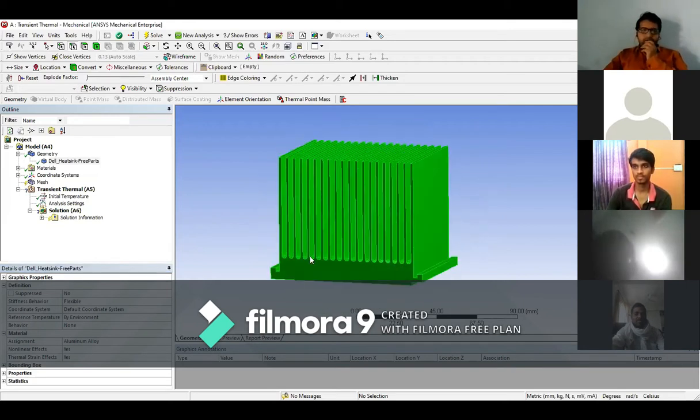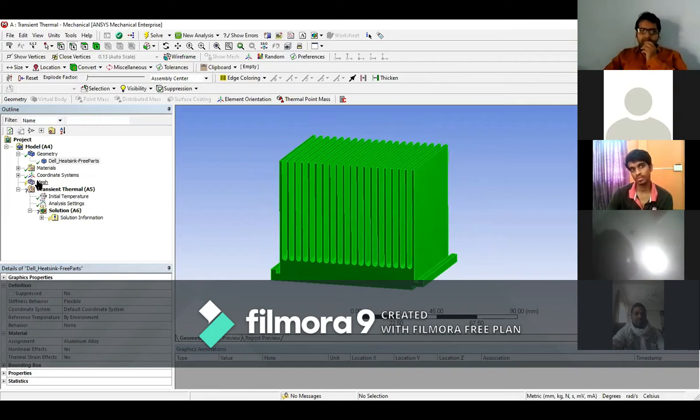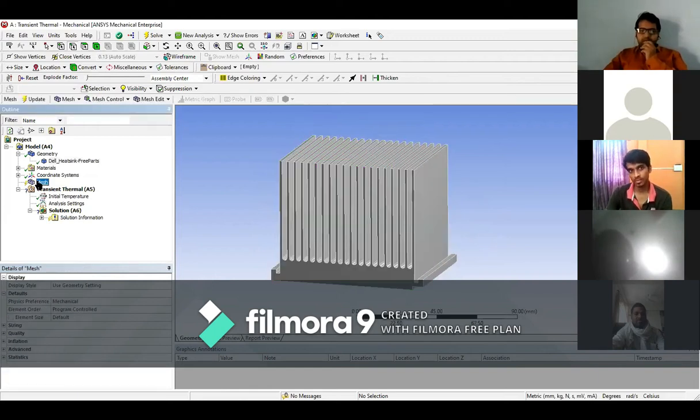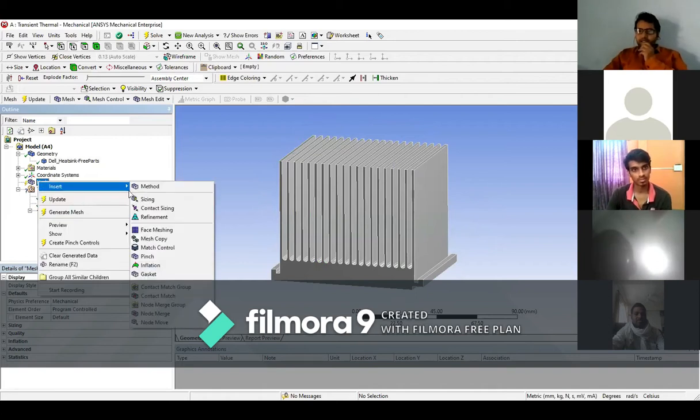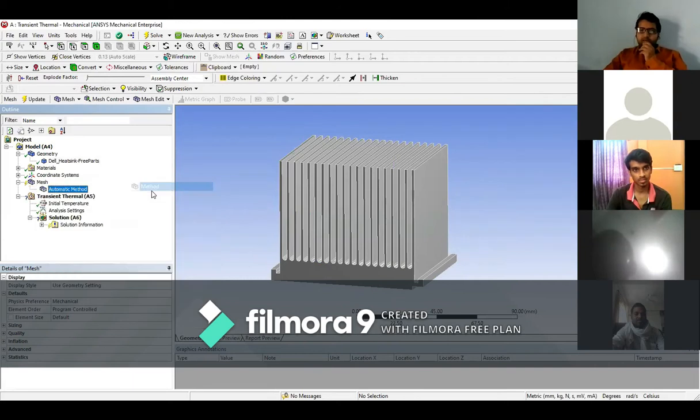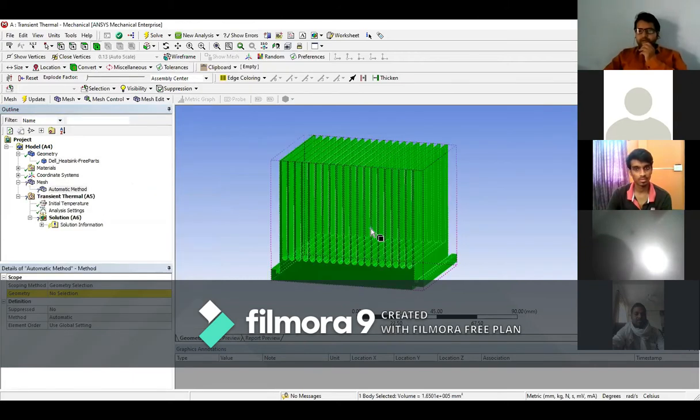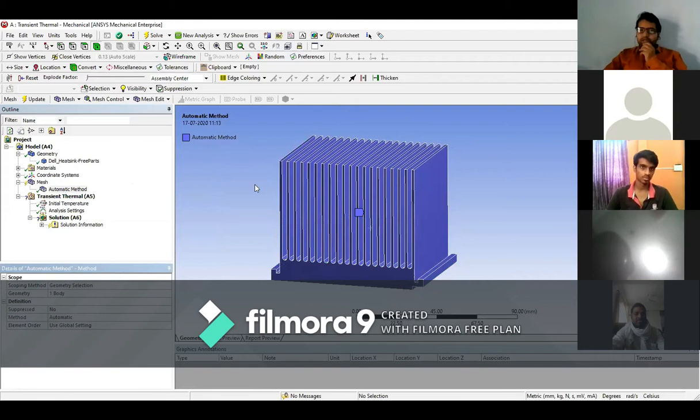Okay, so go to the mesh and right click on the mesh, insert, and go to the method. Click on the method, then select this geometry. Go to the selection, no selection area. Click on apply. So this geometry is automatically selected for the method. Okay, then again go to the mesh,